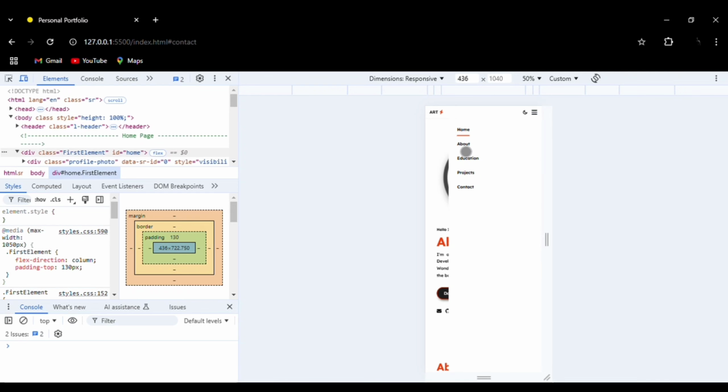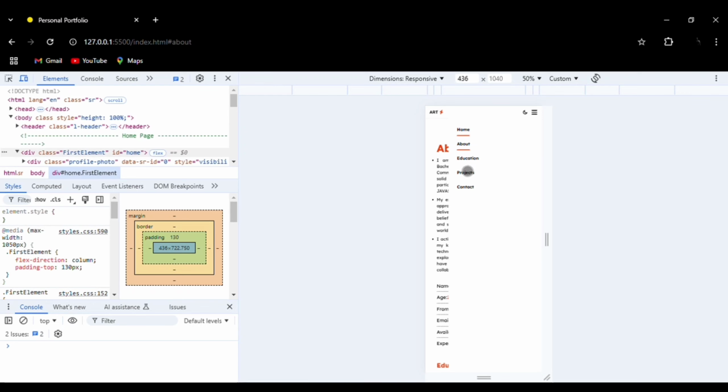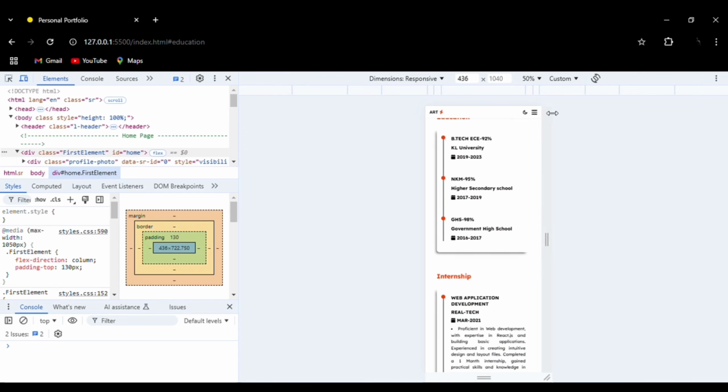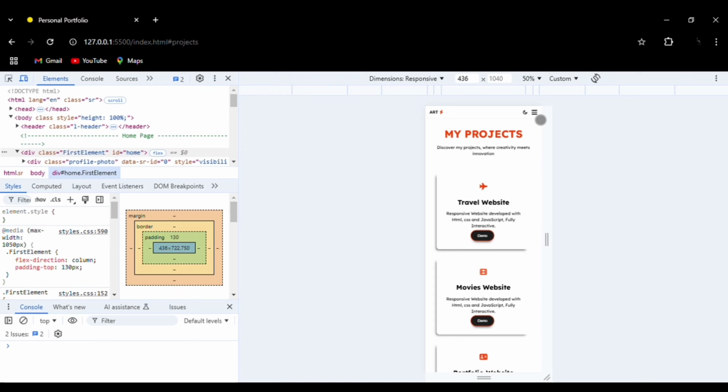You can see, then it automatically closes back. The functionality is added by using JavaScript. You can see the smooth transition,